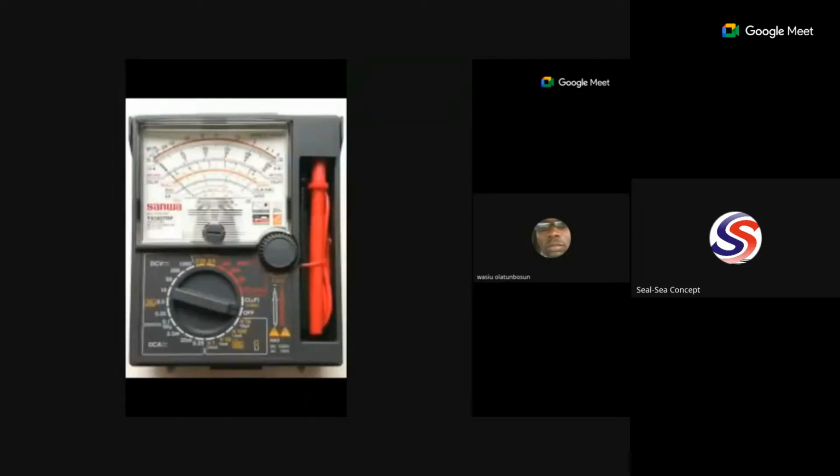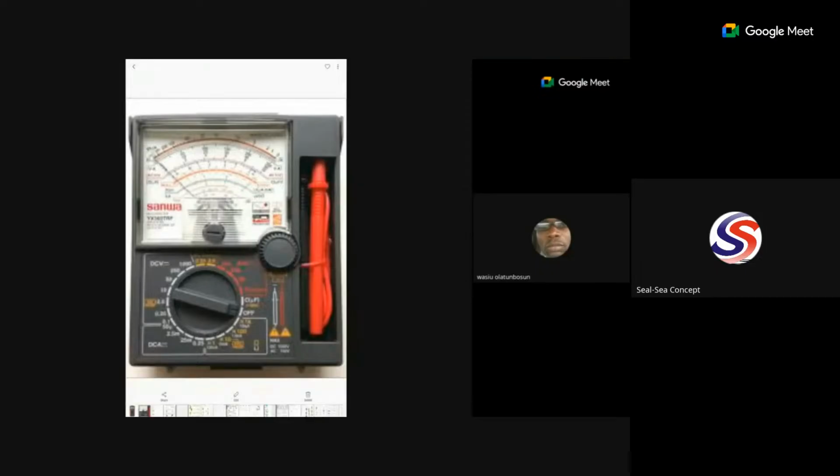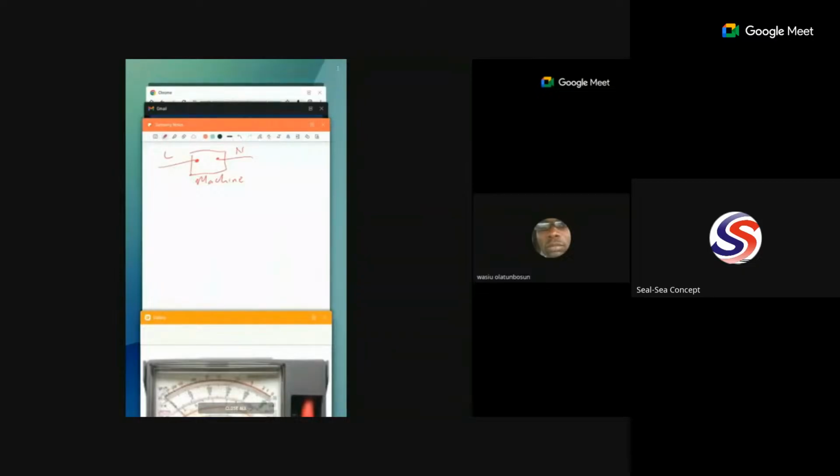This is your probe, okay? So you can see the wire around it. So it has a ball or pin mouth, okay? So your probe will go into, that's the red one, okay? The red one,